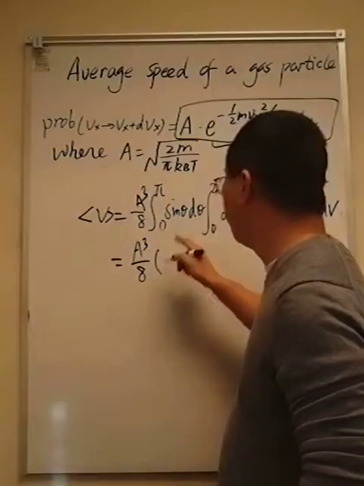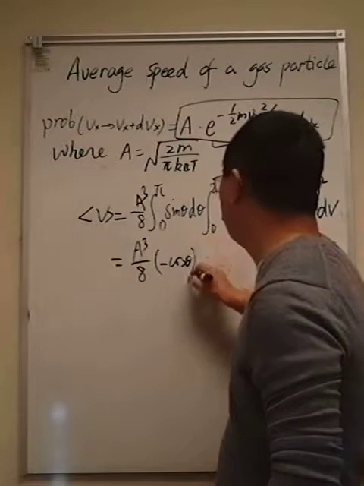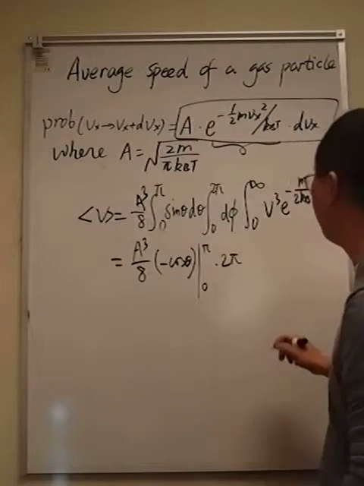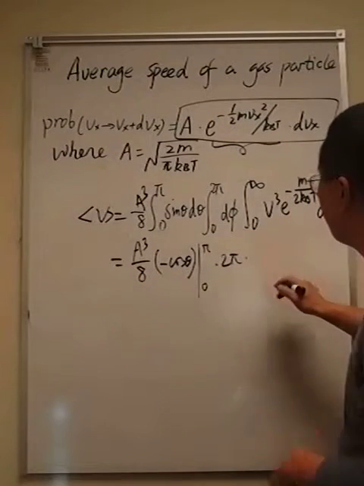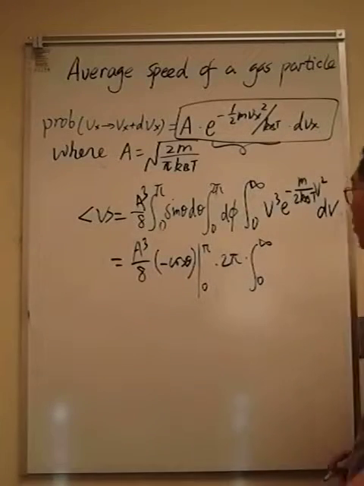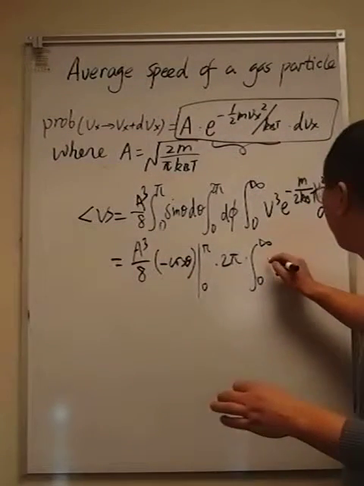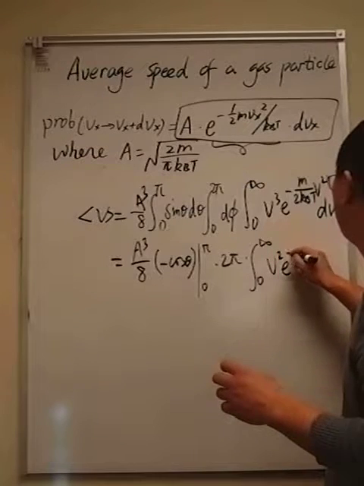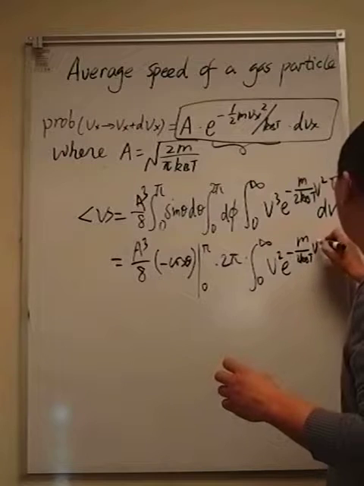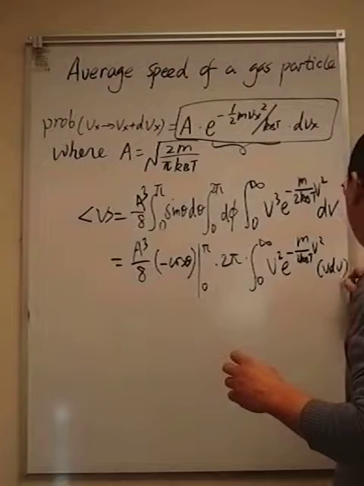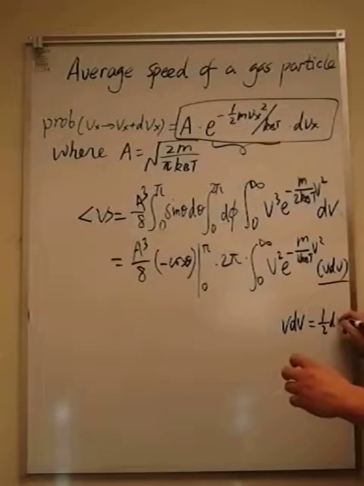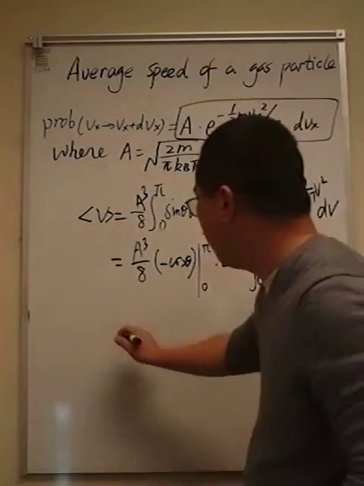The integral of sine theta is negative cosine theta. And this guy is very simple, so I'm going to just put 2 pi here. And over here I'm going to do some transformation. So I'm going to just decompose v to the power 3 into v to the power 2. And over here I'm going to have v dv here. And the reason we have v dv is v dv equals half dv squared. And therefore,